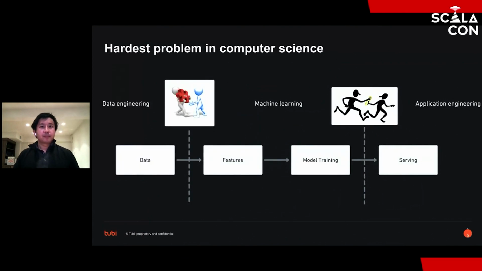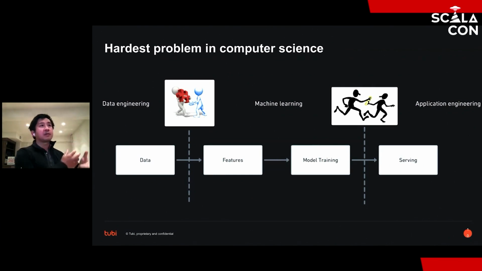Right. Many of you have probably heard the old joke, right? There are two hard problems in computer science: naming things, cache invalidation, and off by one errors. And so my assertion here is actually we made an off by two error, because the hardest problem in computer science really is people. Right?